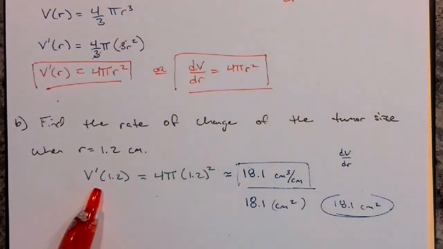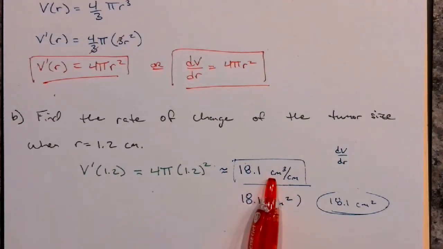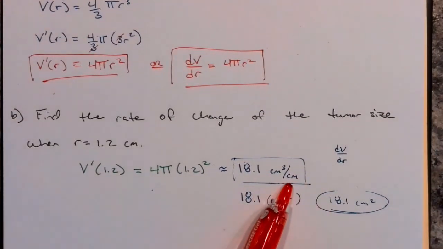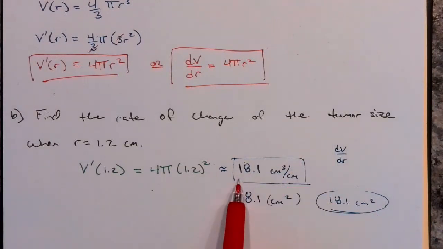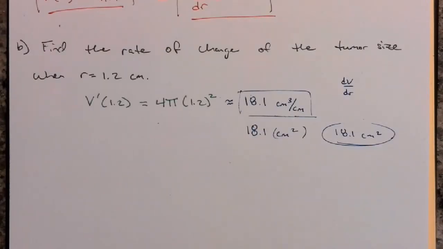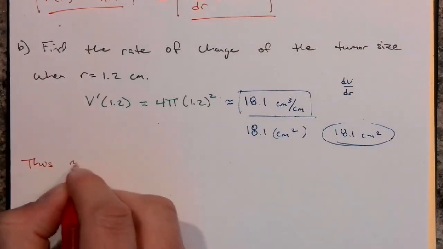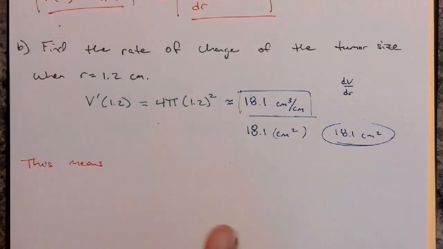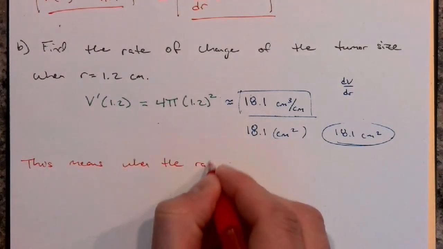Either way, let's talk about what this means in terms of a sentence. So first off, it's a rate of change. So it's the rate of change of what? The size of the tumor in terms of volume compared to the centimeters of the radius. And it's positive. So a positive rate of change means what? Well, it means that the tumor is growing or increasing in size. So let's write a sentence just making sure we understand what we found. So this means, when the radius